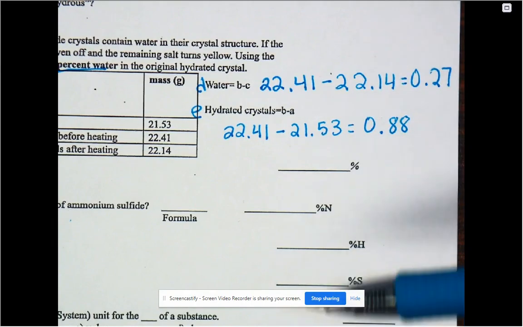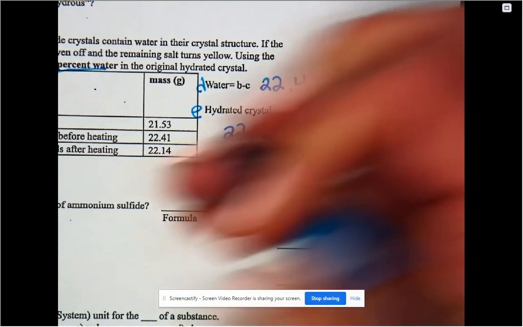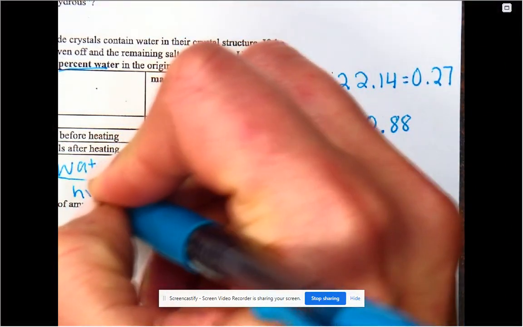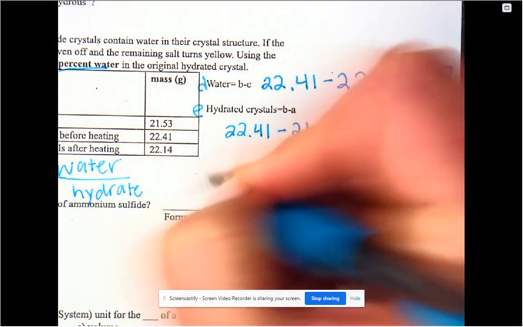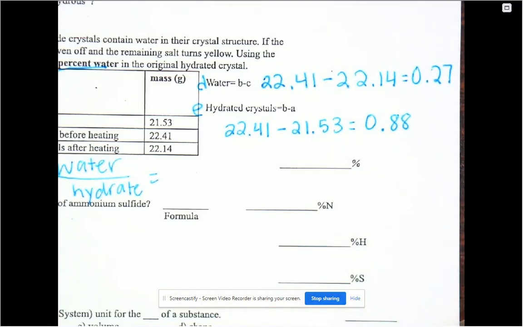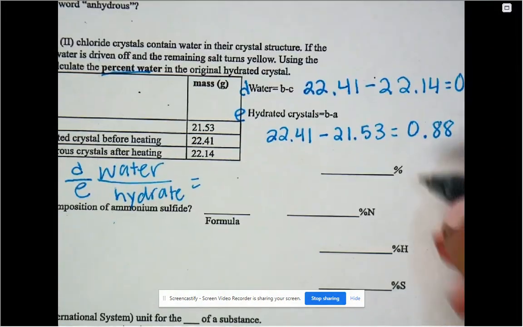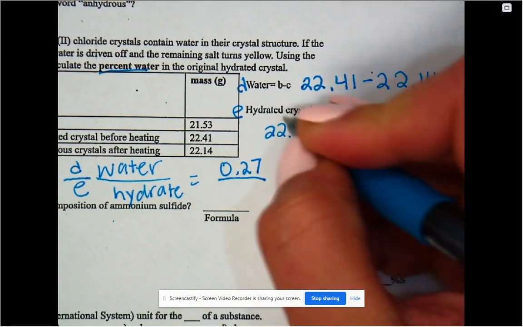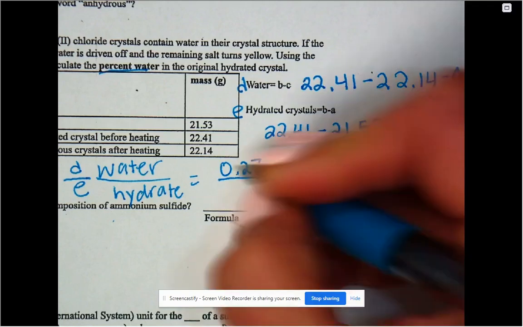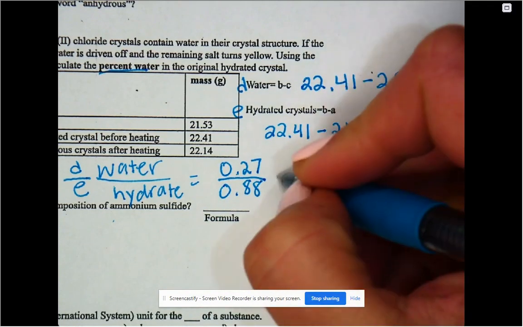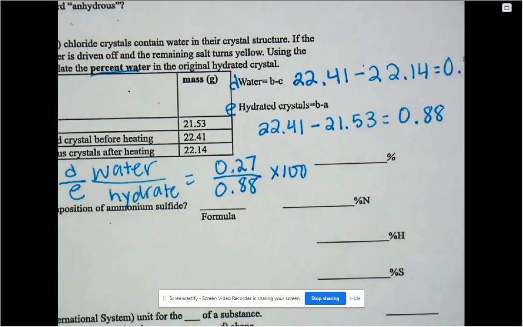right? But we're just going to be using what we just got, right? We want the water over hydrate. Okay? So what that means is we're going to take D divided by E. Okay? D divided by E. So I'm going to take my 0.27. I'm going to divide it by our answer from E, which was 0.88. And then we're going to multiply that by 100. So when you do that,